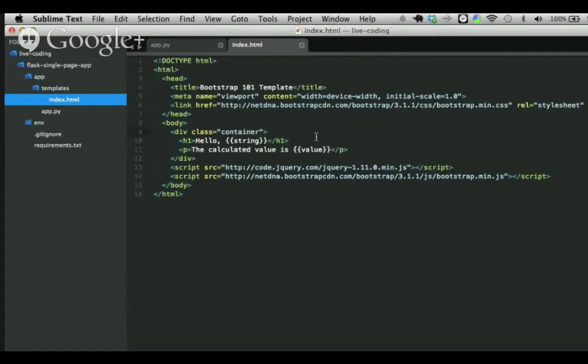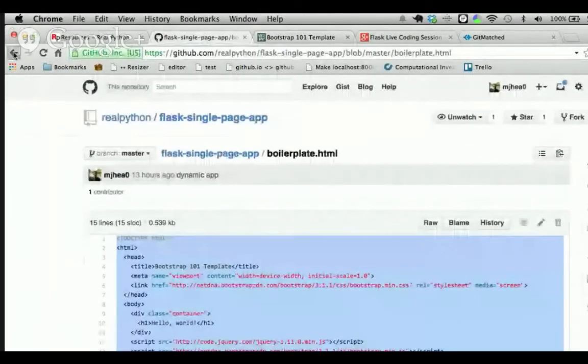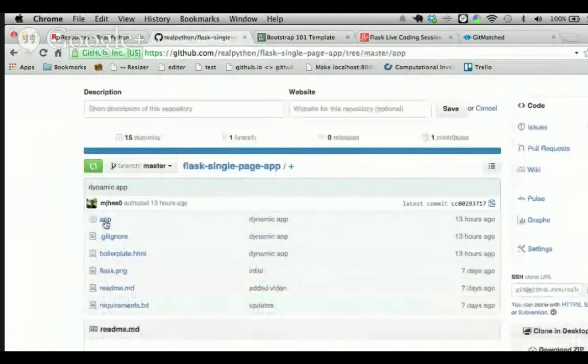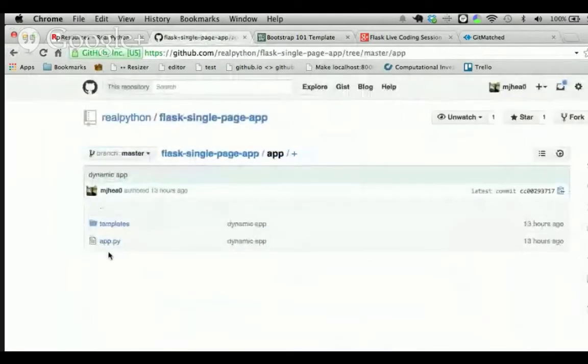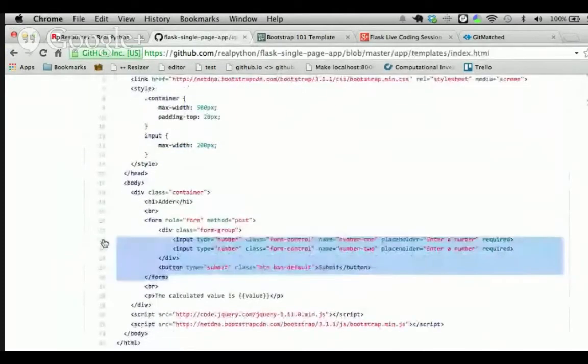Okay, so taking this one step further, let's add a form to this template. So again, I'm going to just copy and paste just for time's sake right now. If you go to the repository, click app, click templates, index.html. You can see the form we have here.